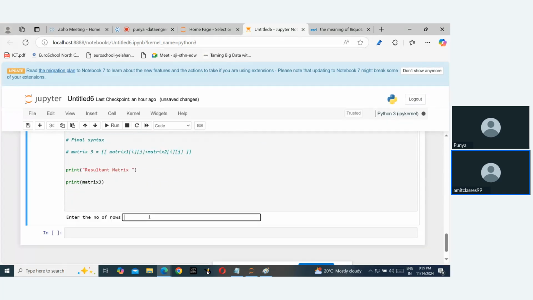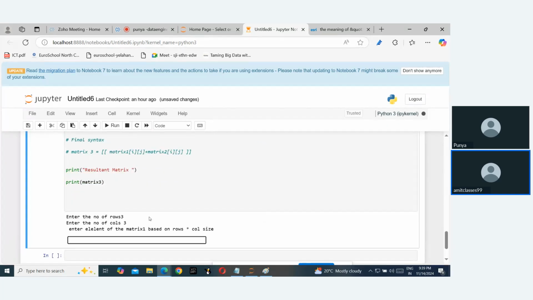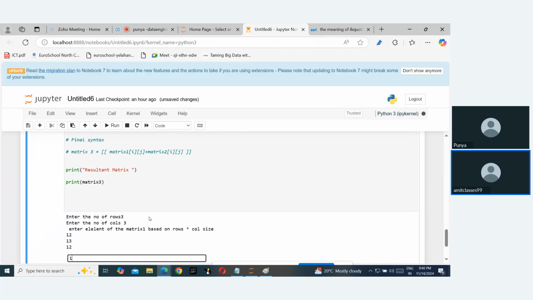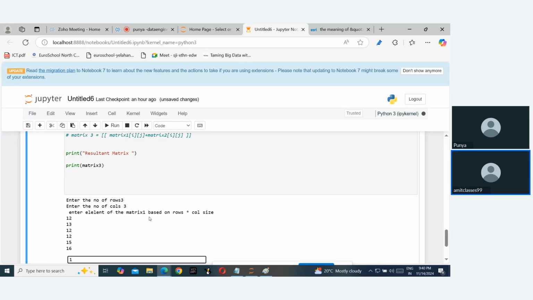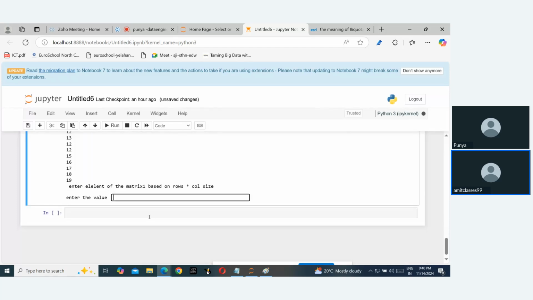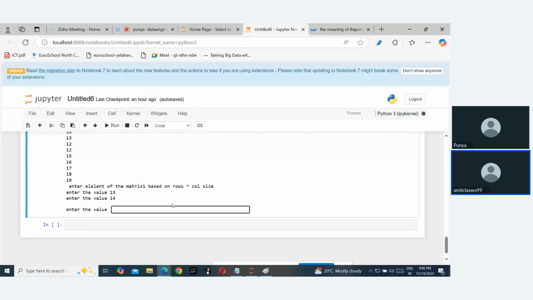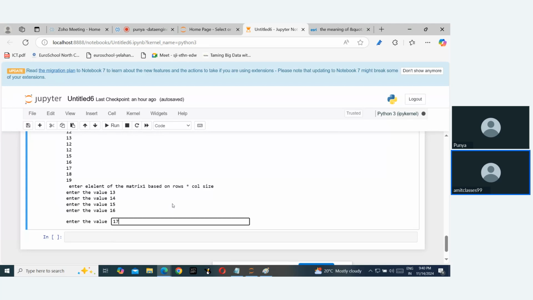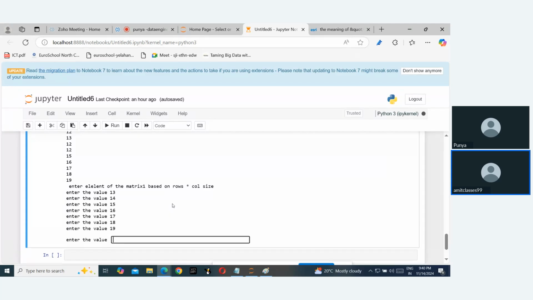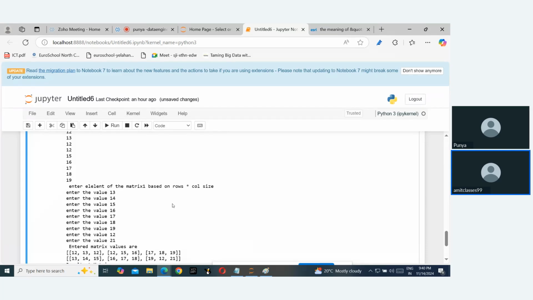इसका एडवांटेज भी मैं देख रहा हूँ। तो लेट्स गो फॉर 3 into 3, ओके, 3 into 3, ठीक है, 9 size। Enter the element for the matrix based on the rows and column size, matrix 1: 12 13 15 16 17 18 19। अभी इंटर द एलिमेंट ऑफ मैट्रिक्स 2 है, वहां पर टाइपो मिस्टेक है। क्योंकि हमने आईजेई डिक्लेयर कर दिया ना, 13 14 15 16 17 18 19 12 21 ऐसे है, ठीक है।